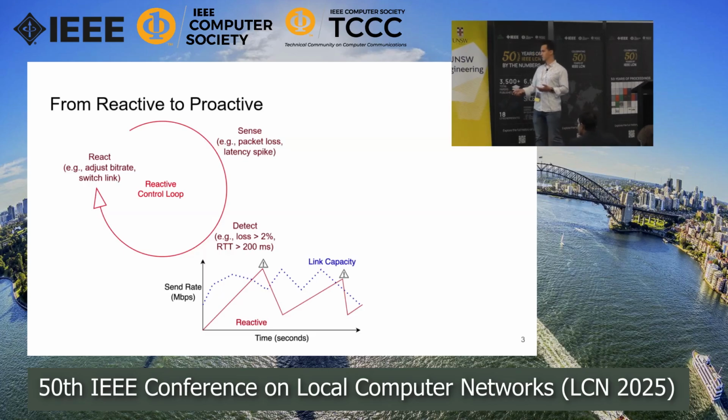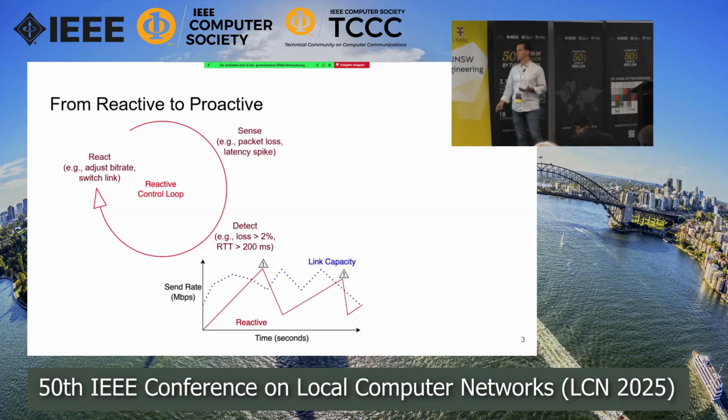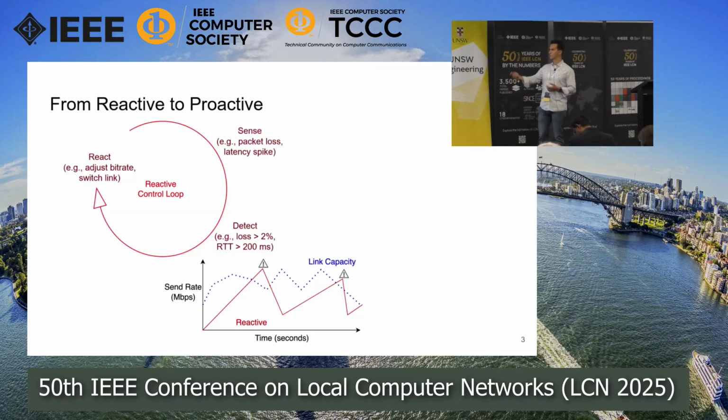And of course, when we look at our plots, maybe now the picture looks a bit different because we started sending some traffic. And at some point, we hit the limits of the capacity, and then we need to react because we are sending too much traffic. And then this will repeat, as the prior speaker mentioned before, this will repeat over the connection lifetime, but we want to do something better.